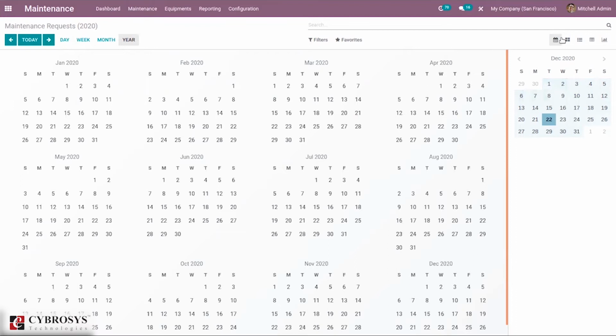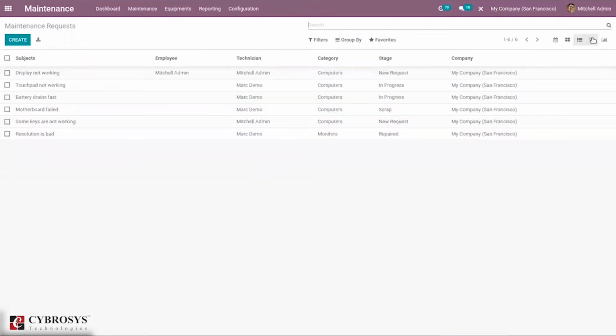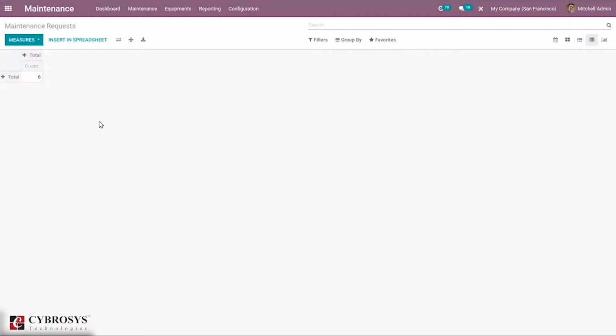Not only the calendar view, but we can also view maintenance requests in Kanban view, then list view, then pivot view. Here we can see the report, and we can group and filter using different filtering options like my maintenance requests, blocked requests, high priority maintenance requests. It is easy when you filter according to high priority, so we can give more priority to high priority maintenance requests.